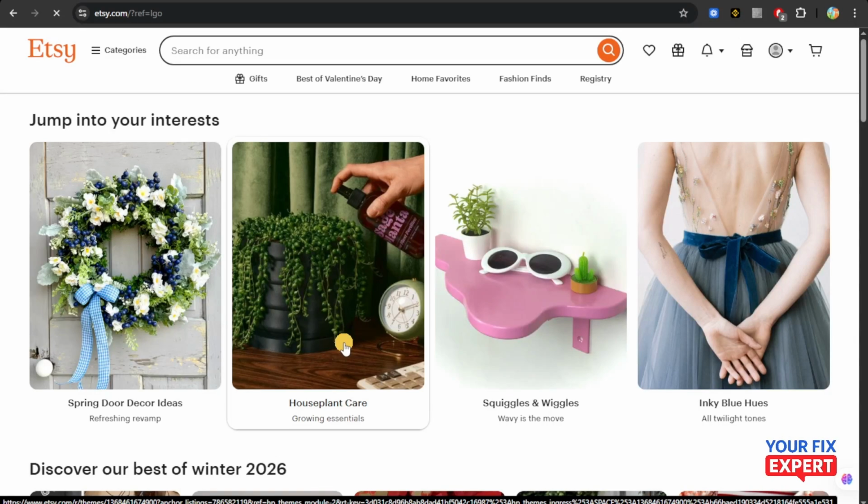This is how you're going to change shipping costs on Etsy. So keeping your shipping prices updated ensures you don't lose money on orders. First step, you're going to log into your Etsy account, and then you're going to head over to the shop